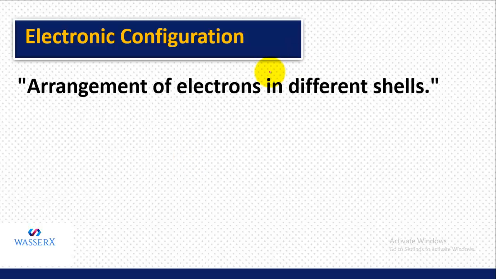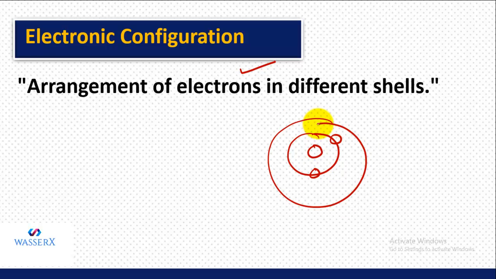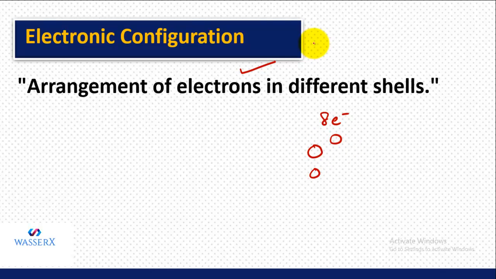The next thing which we are going to study is electronic configuration. So now you have seen that we have a nucleus and we have shells, and in shells there are a specific number of electrons present. How the electrons are distributed in the shells is called electronic configuration. In simple language, electronic configuration is the arrangement of electrons in different shells. For example, if I say helium,